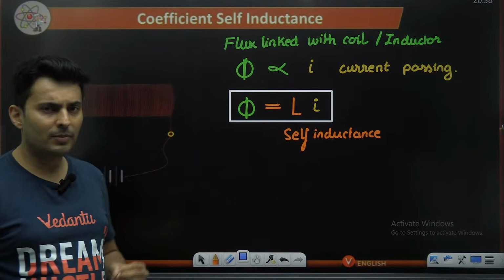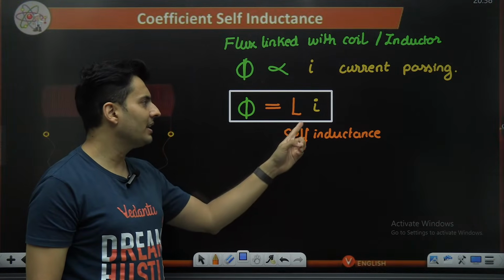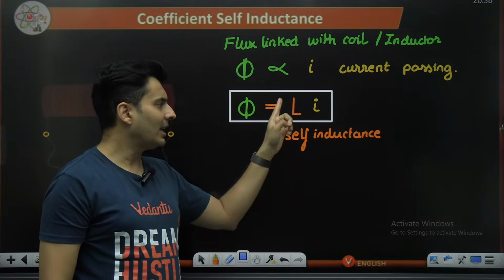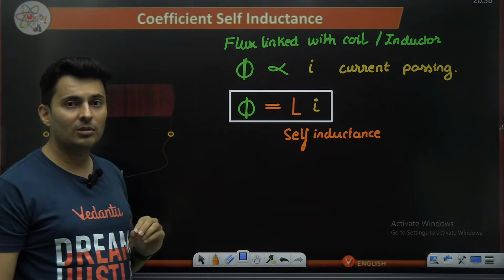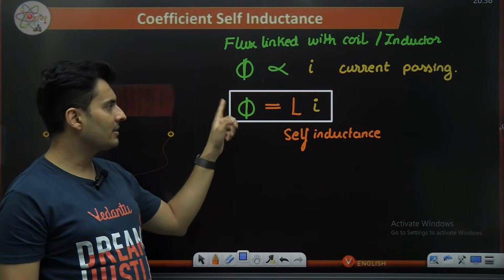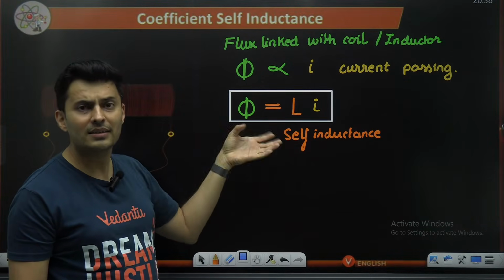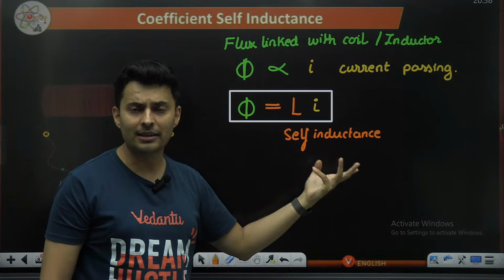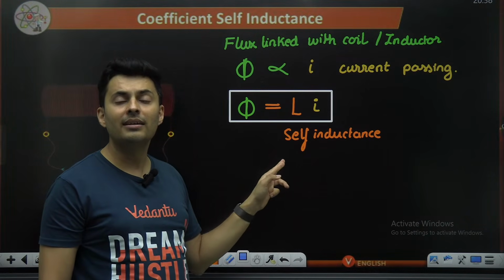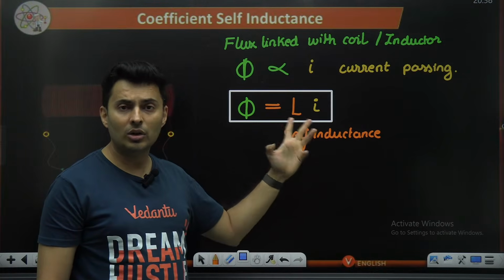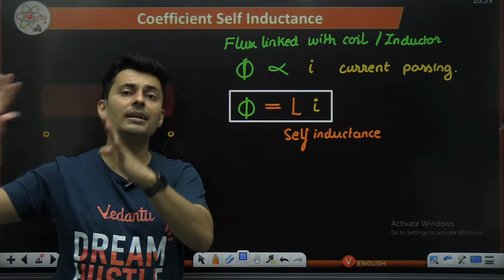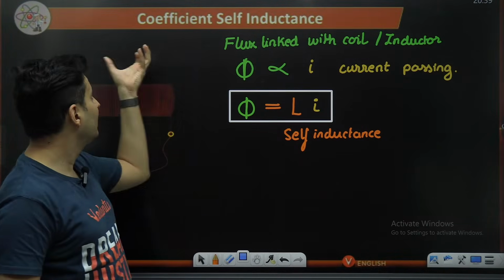Now, a lot of times people ask me, sir, if current increases, will L increase or decrease? Sir, if flux increases, will L increase or decrease? My answer to that is, if you increase the current, flux will increase, or if flux is found to increase, then it means current would have increased. But by no means does increase of current mean decrease of L, because I and L are not related directly. The reason is L is a separate independent property of that inductor.